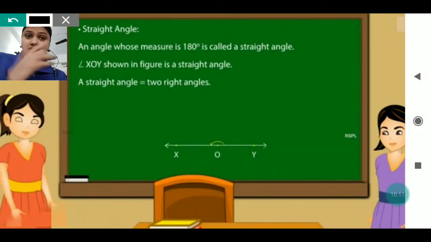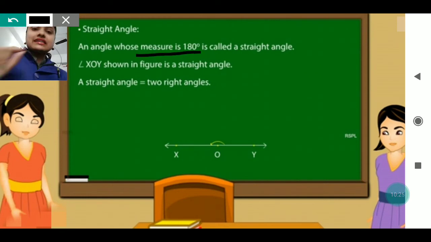Now we are going to discuss straight angle. A straight angle is an angle whose measure is exactly 180. When you are measuring any angle and you are getting exactly 180, that is called a straight angle. Two 90-degree angles, meaning two right angles, when combined together form 180 degrees, and that makes a